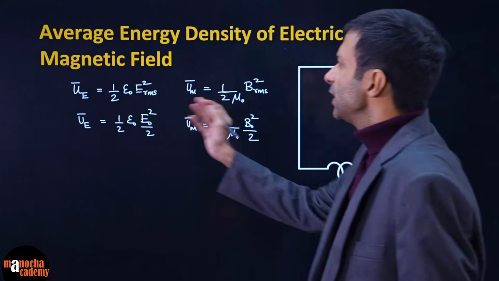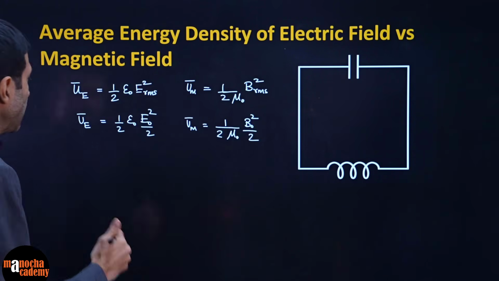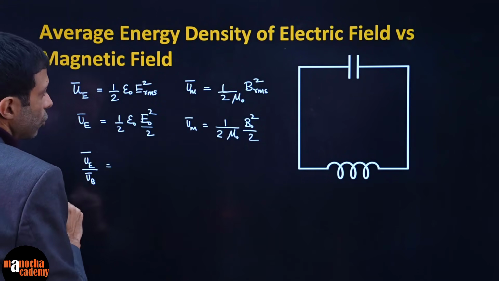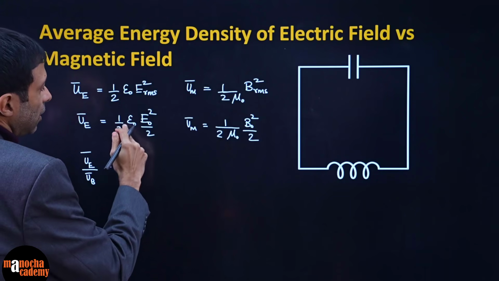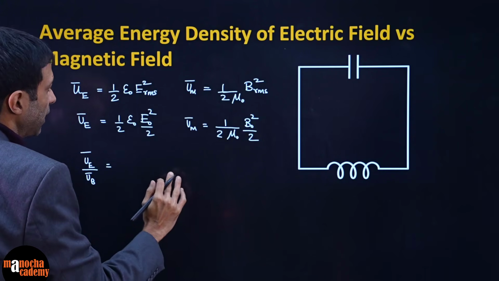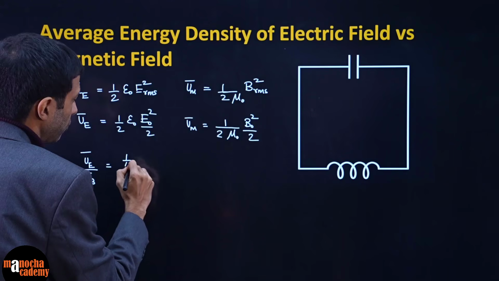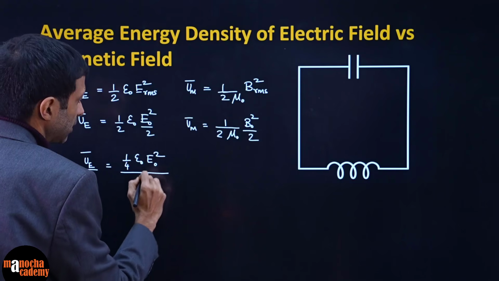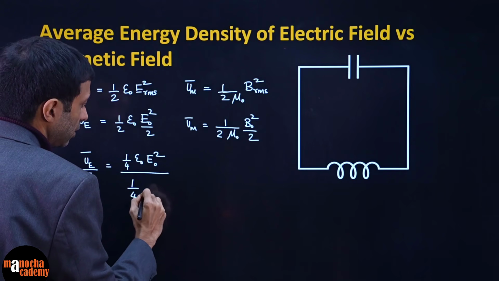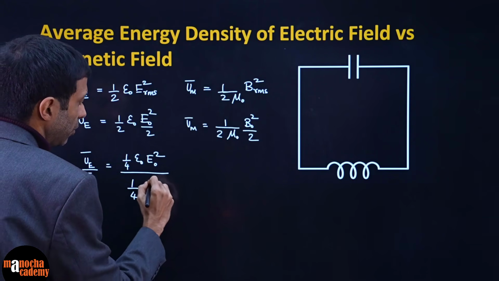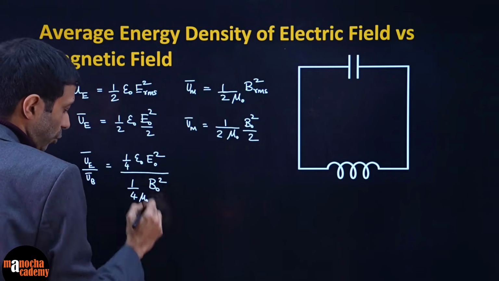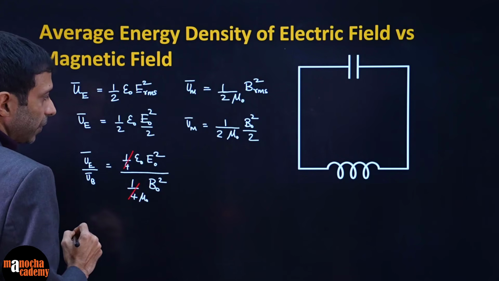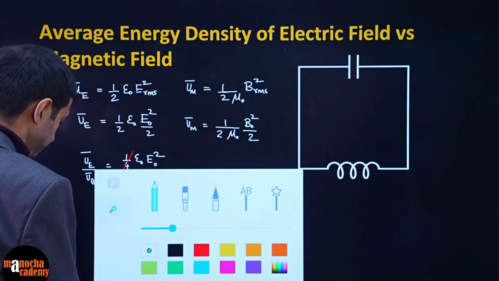To find the relation, let's just do a ratio. Let's calculate the ratio of UE by UB. In the ratio, you can see all this half and all this business will get cancelled. Or okay fine, let me write 1/4 so you'll feel happy about it. So I'll write this, and I'll write a 1/4 over here. There's a mu naught down here and a B naught squared. 1/4, everybody agrees, gets cancelled in the ratio. Gone, right?